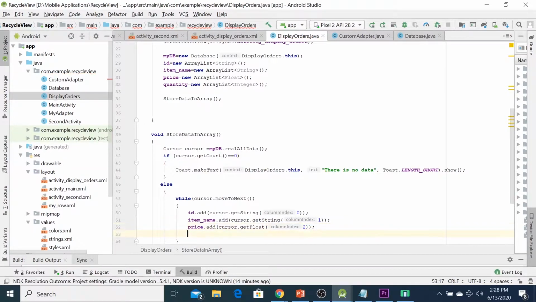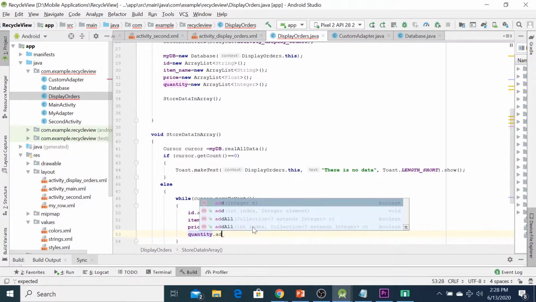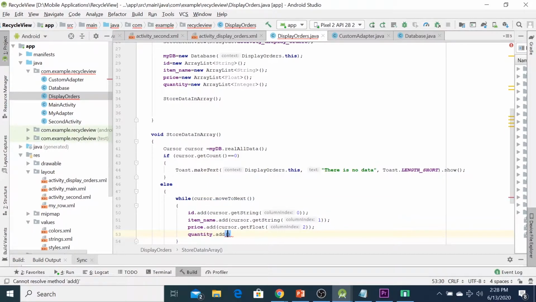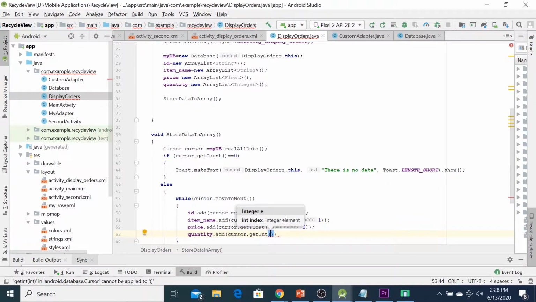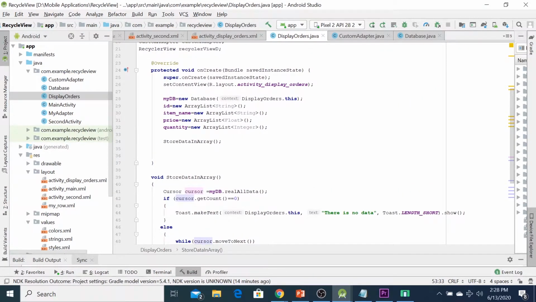Okay, and lastly is a quantity, get integer, column number 3.